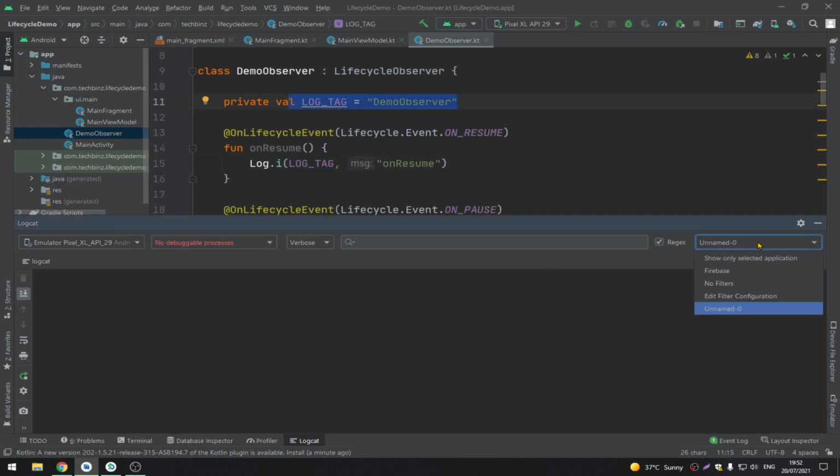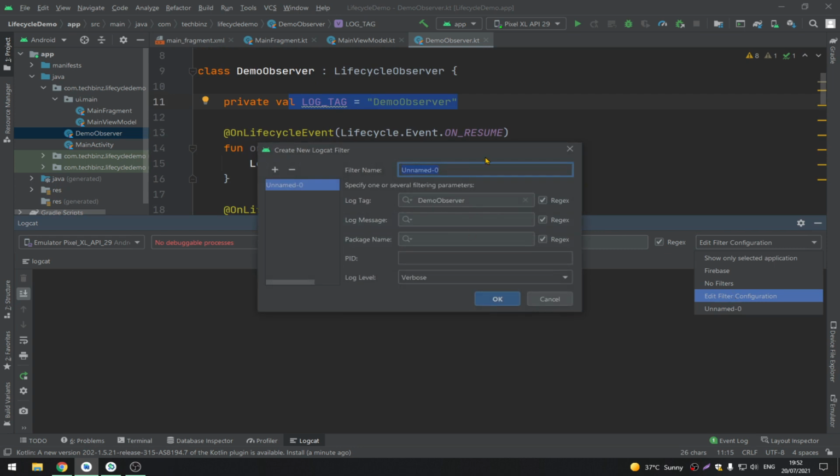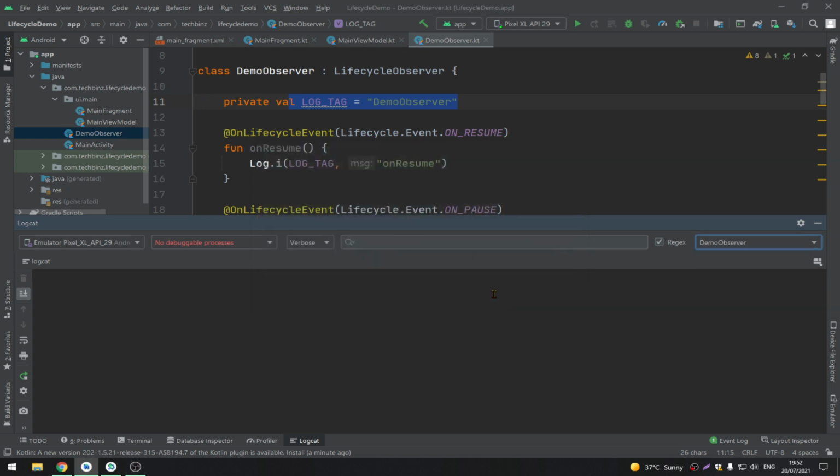As you can see here, our log tag is always demo observer, and we're using this string, and we have now edited this string. So let's change this name as well, observer here, and then click OK. So now